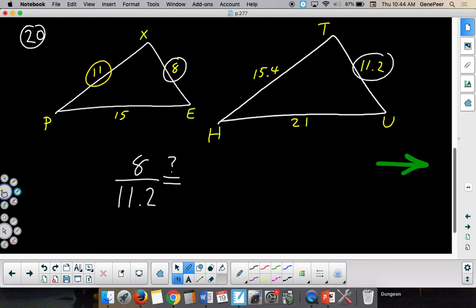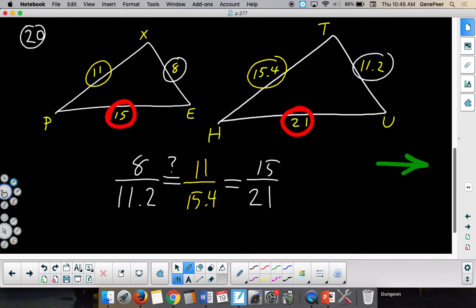And the middle-sized guy on the other one is going to be the 15.4. So we're going to put here 11 over 15.4. And we're going to ask ourselves if that is equal to, then we go for the big guy over the big guy. The big guy here being the 15, and the big guy here being the 21. So I write 15